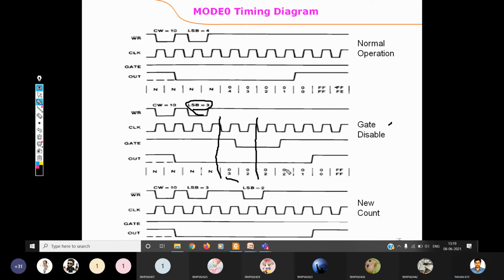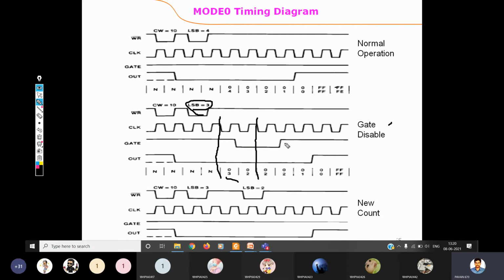You can observe. But by chance, suppose the problem is fixed and the gate signal is enabled again. By far, how many counts are completed? 3 and 2. Even though the gate is disabled here, before taking effect on the counter, one value got decremented. So totally 2 values got decremented out of the values loaded inside the counter, 3 value, 2 value. So 2 counts are completed. So what values remain? 1. If that count completes, the counter reaches terminal count.